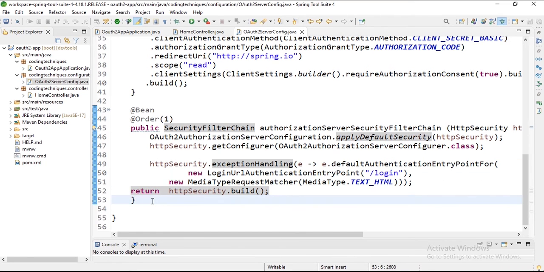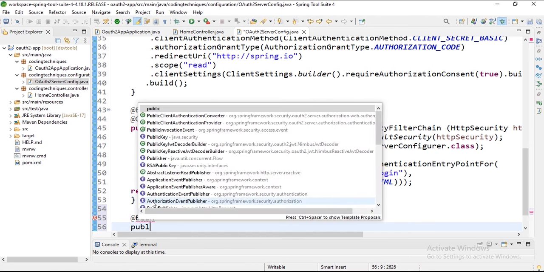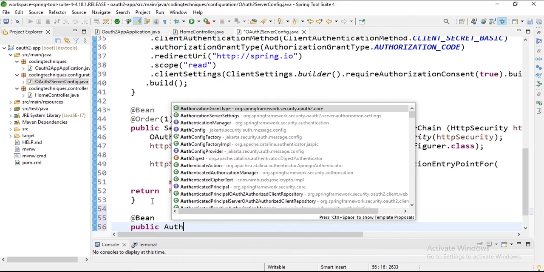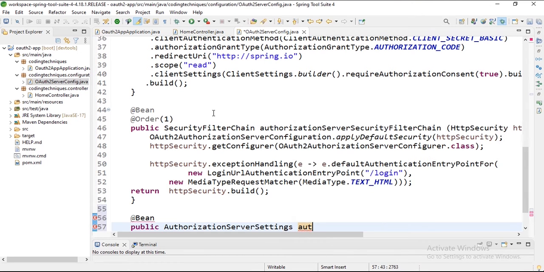Okay, so the next thing we have to do here is that we will add the last bean, which is authorization server settings. The bean contains all the URLs for the OAuth2. So add bean, public authorization server settings, authorization server settings,